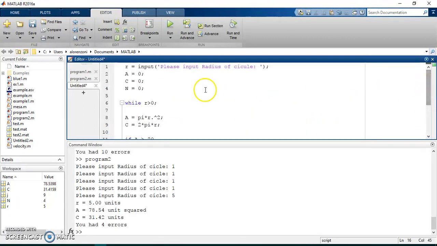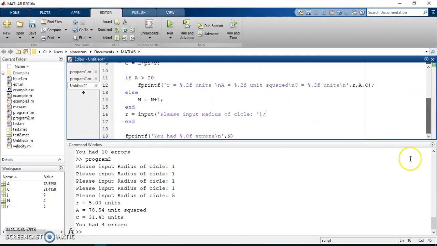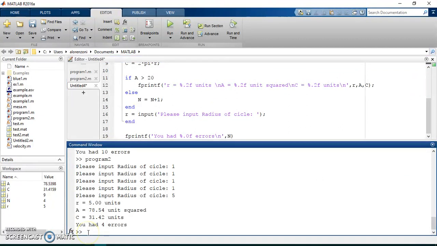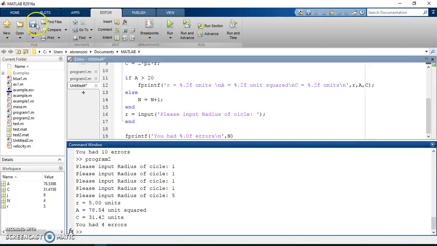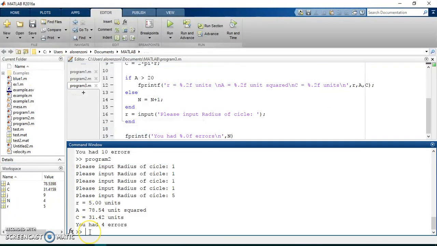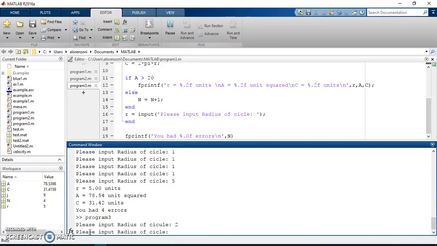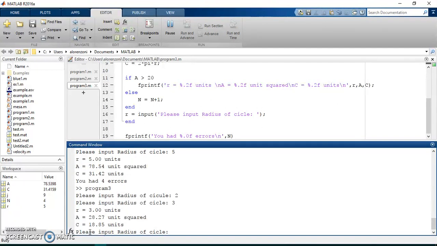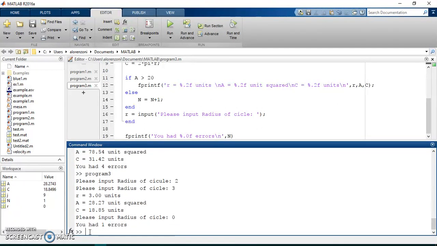So once again, the key here, R equals input. Let's try to run it real quick because I have 20 seconds. I need to get not the free trial anymore. Save. Ready, program 3, 2, 3, 0. You have one area. So the x